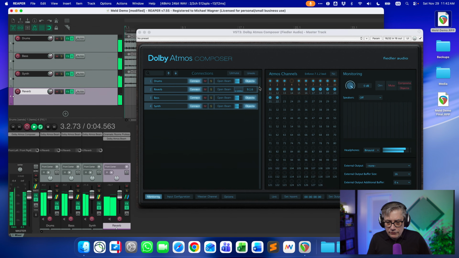So once again, we have the 16 channels from the reverb, and then we have the 6 objects. So if I'm muting the reverb, for example, I'm now only hearing the objects. Or if I'm muting the objects, I'm only hearing the reverb.